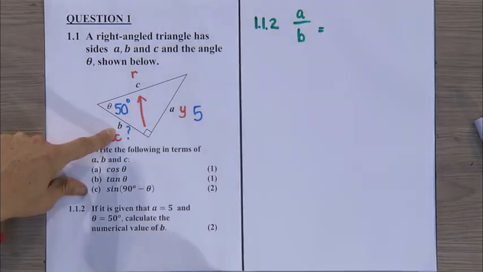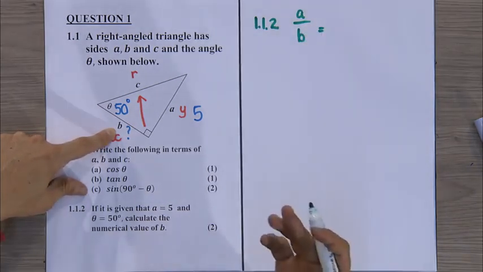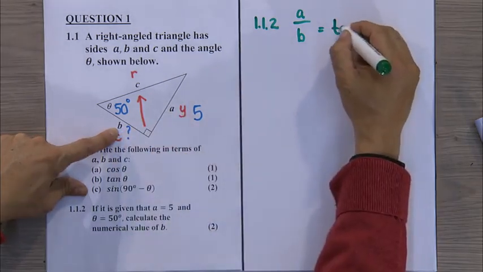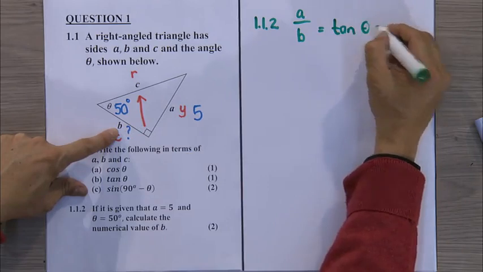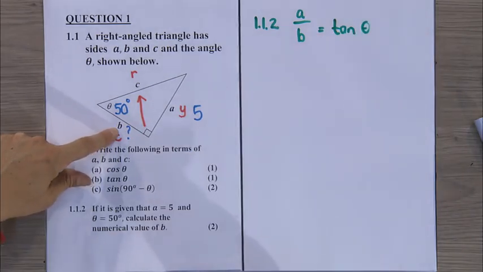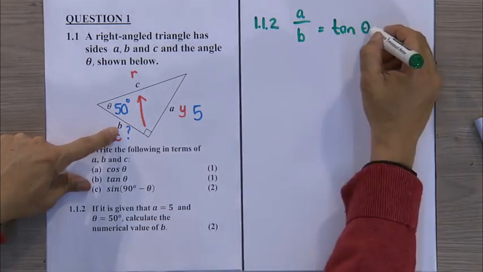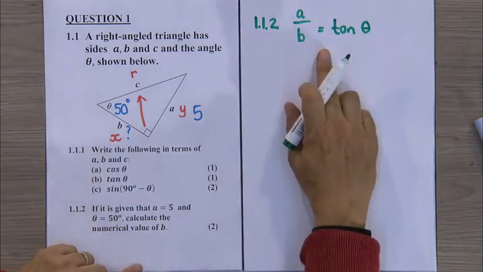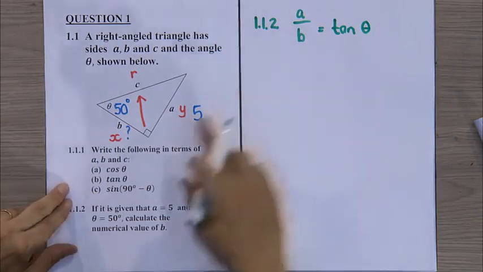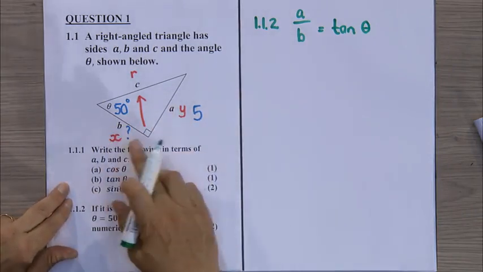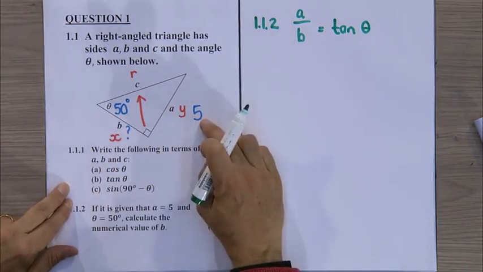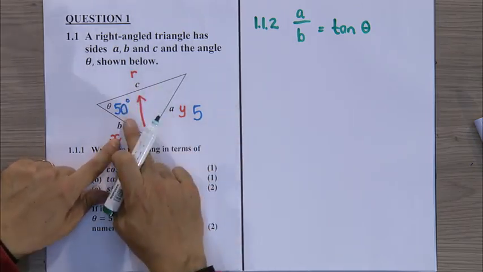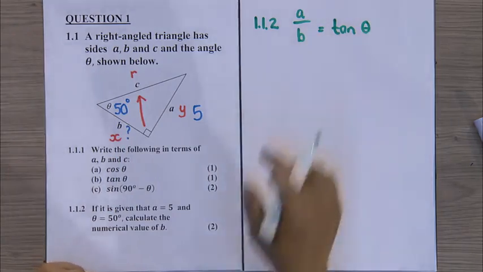What do we write down there? What is the trig ratio? Opposite over adjacent will be the tan of theta. Now I know you're going to say, sir, but there are quite a few other trig ratios. But remember, you work with a trig ratio according to the information. So they talk about A, what is given. You need to work out B, and they give you the angle. And therefore, we have to use that.